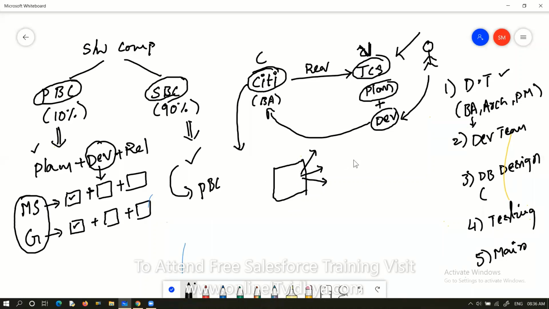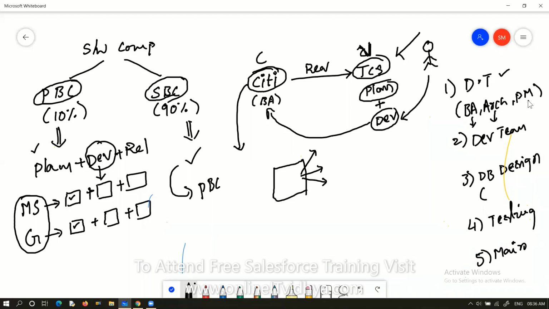In this, complete UML diagrams, architectural diagrams, scheduling, and data flow diagrams are available. All the different planning will be done.